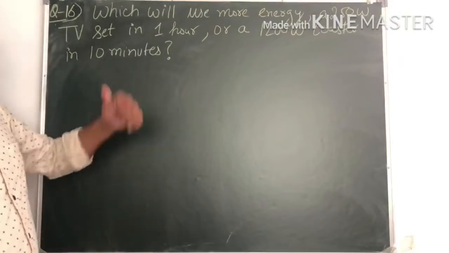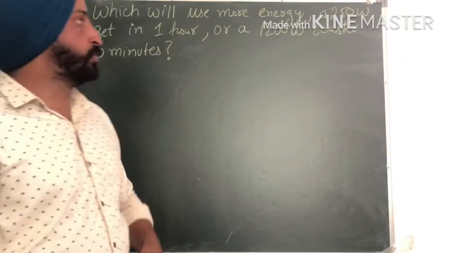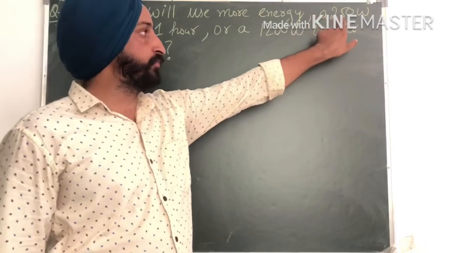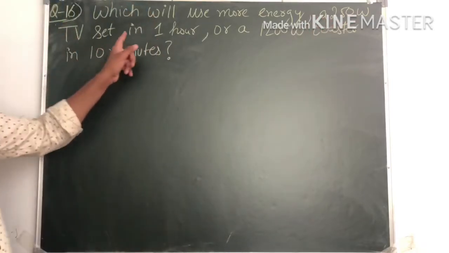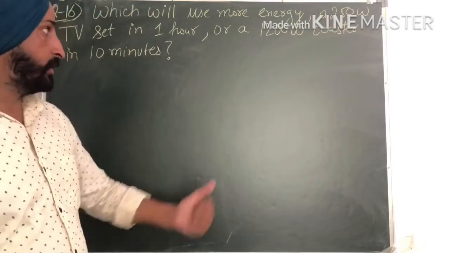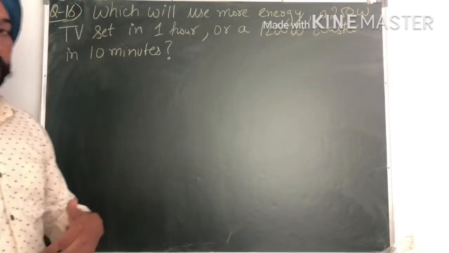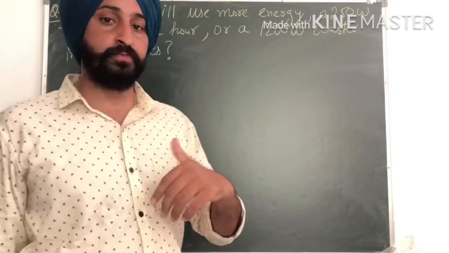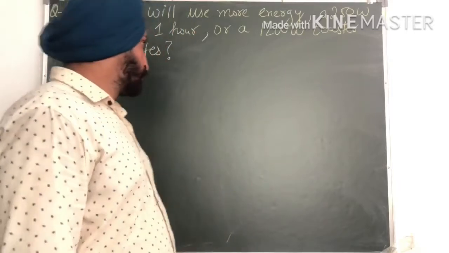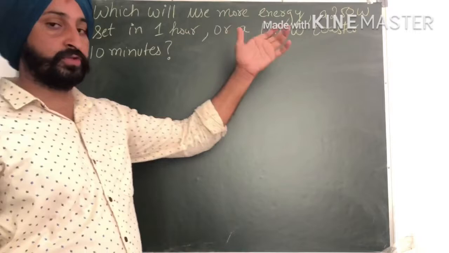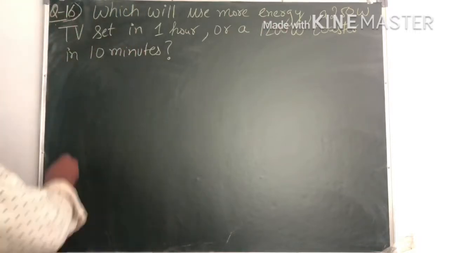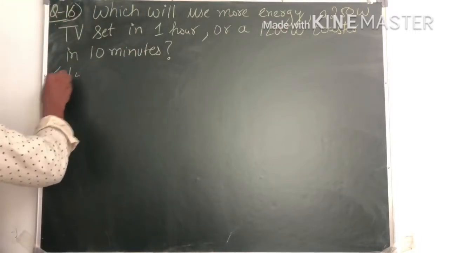So our 16th question is, which will use more energy, a 250 watt TV set in 1 hour or a 1200 watt toaster in 10 minutes? Out of these two appliances, which will use more energy? That is the question. So we will be calculating energy for both of these and then we will be comparing our answers. So firstly, for the TV